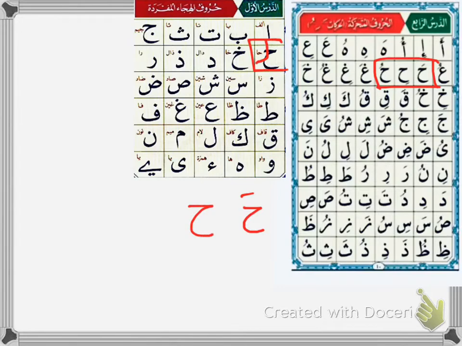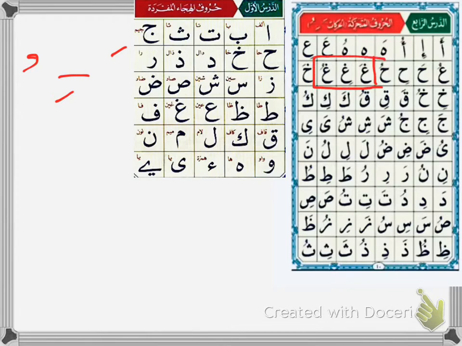Ha, kasra, hi. Ha, dhamma, hu. Ha, hi, hu. So each letter we're gonna write it, we're gonna say it with a fatha, we're gonna say it with a kasra, and we're gonna say it with a dhamma. Okay. Next one is gonna be the